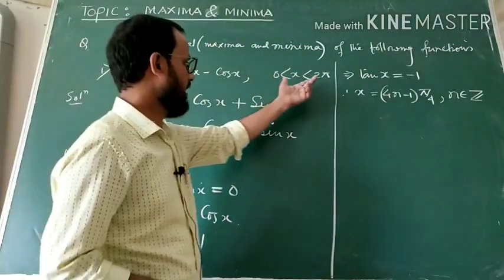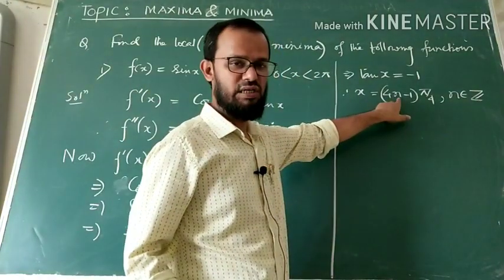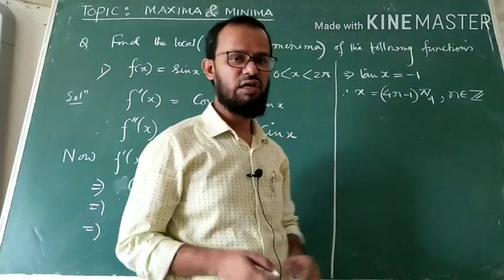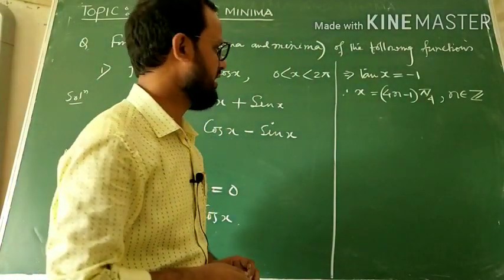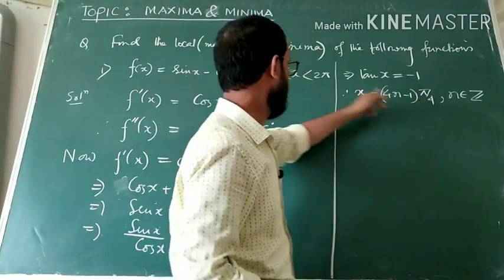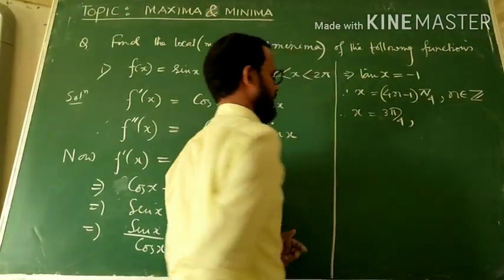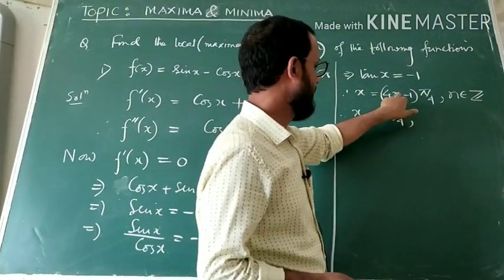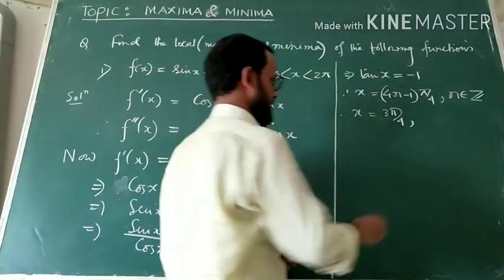Now our range of x is 0 to 2 pi. So we will not put a negative value of n; we start from 0. If you put 0, a minus pi by 4 comes, which is not applicable. Put n equal to 1: 4 minus 1 equal to 3, so 3 pi by 4, and 3 pi by 4 lies in this interval. Therefore the first point is 3 pi by 4. If we put n equal to 2, 8 minus 1, 7 pi by 4, 7 pi by 4 also lies in this interval.